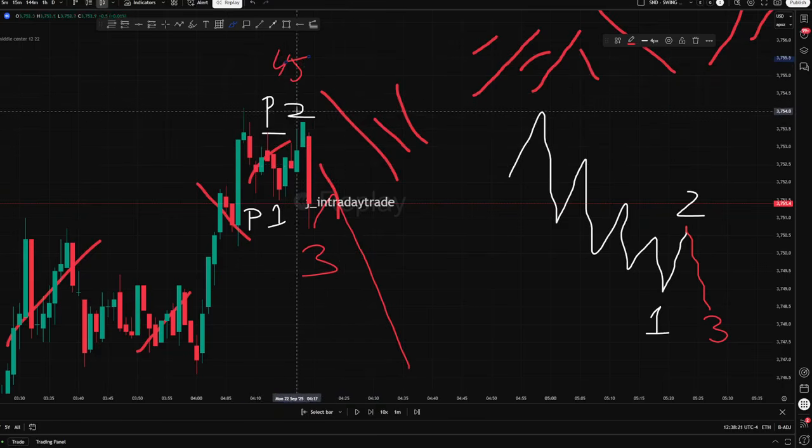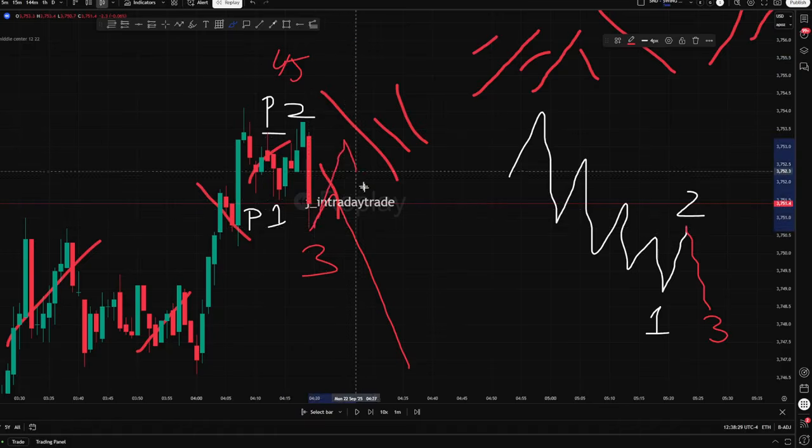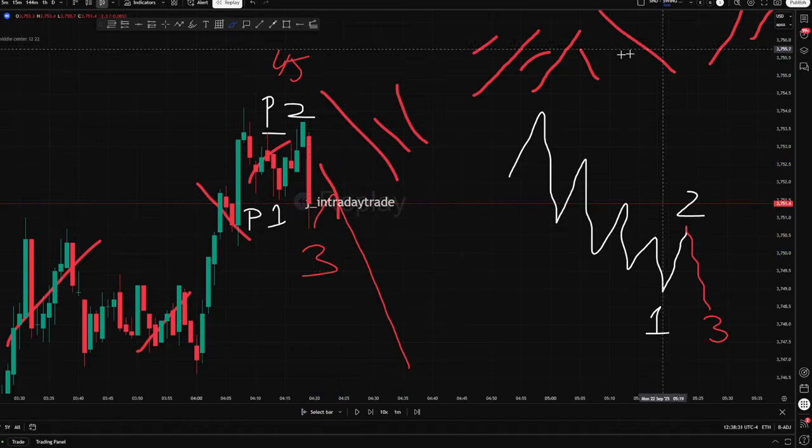But that's a 4 or 5, right? So at the same time that is a 2, that's also a 4 or 5 that tells us bearish. Number 3 might run up here and might continue lower. So we need to understand that the first thing that sets everything off is understanding where the breathing rooms are located. Because if you don't, you will not understand where the 2 is located.